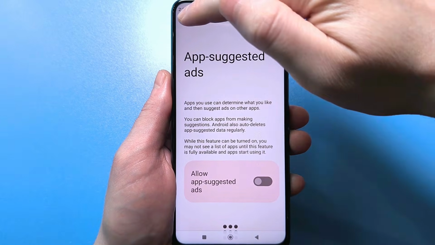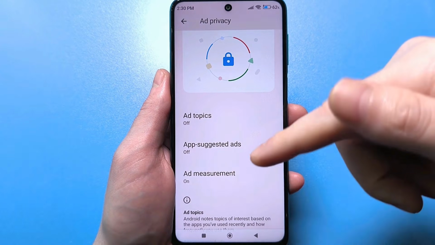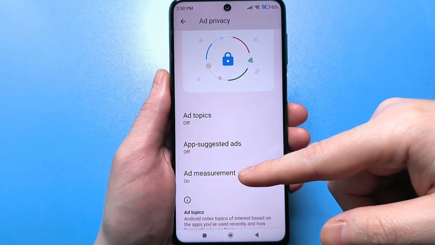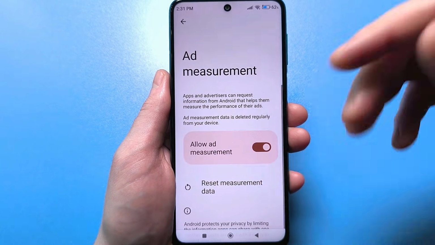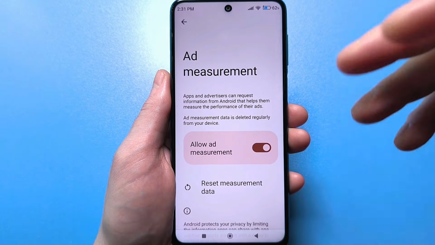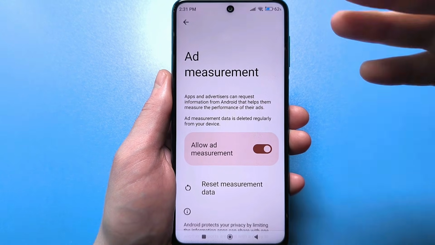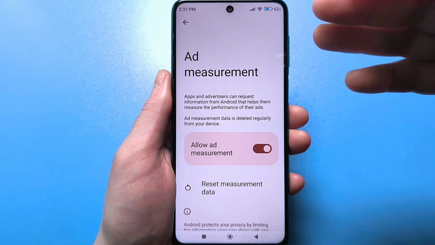Then go back with the arrow. And here at the bottom there's a third setting. Here, and you won't believe it, this is an assessment of the effectiveness of advertising. I never cease to be amazed at the audacity of the developers who came up with all this. So imagine that in addition to collecting some information about how you use absolutely every app, if you have this